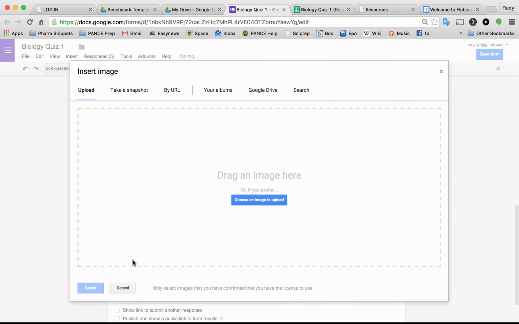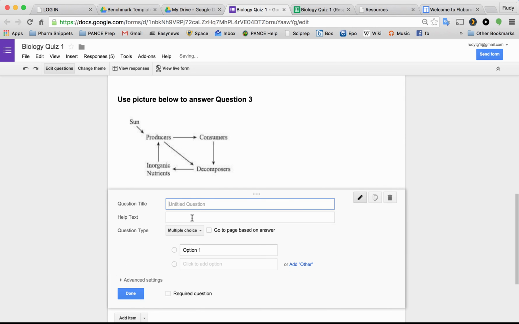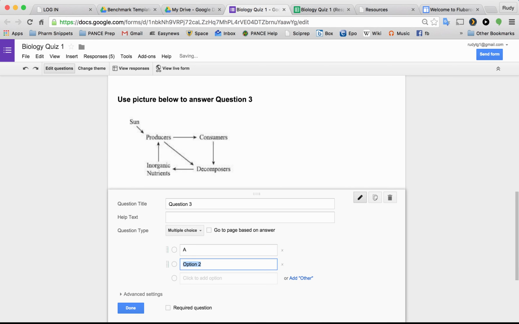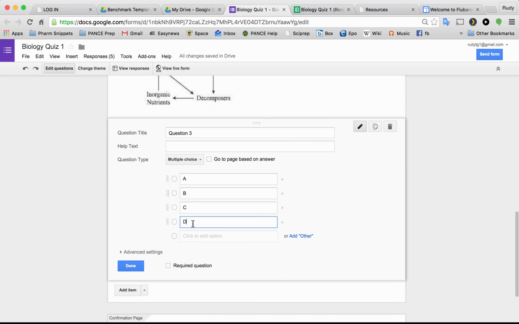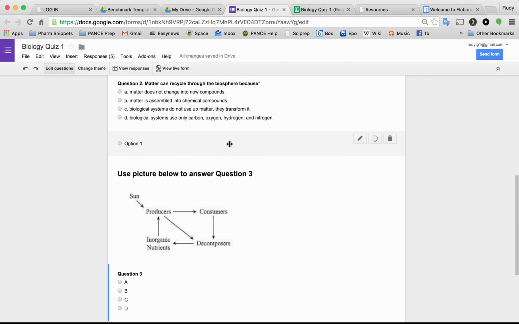Then I'll add an item, multiple choice, and basically here's question 3 that will be asked on this, and then whatever your choice might be, we'll just have A. Alright, so here B, and just answer C. This is just a random thing I'm doing just to show you how you can add a picture to the quiz. So now that's been added, so you want to hit